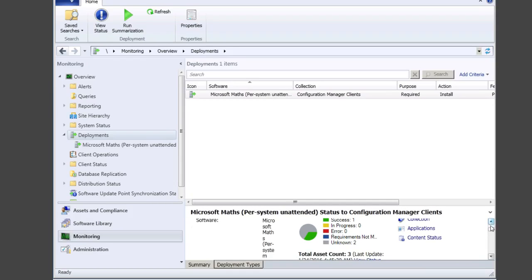Okay. So that concludes the creation of the package, deployment of the package, and the installation on the actual machine, deployment on the machine, using machine retrieval, and monitoring it in the configuration manager